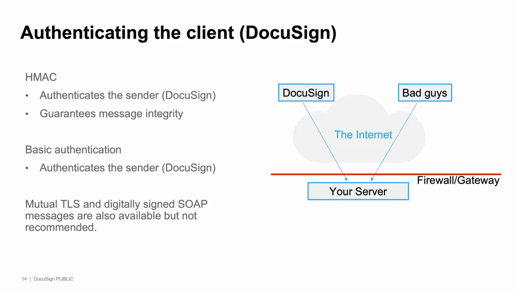And because we're using HTTPS, it's all encrypted, and we recommend that you combine these two authentication techniques, both HMAC, which is handled at your application level, and basic authentication, which is set up at your web server level. And with basic authentication, in fact, you do tell DocuSign, you say this is the, I think it's called the region, I'm forgetting the term, and also the name and password, and that all gets taken care of.